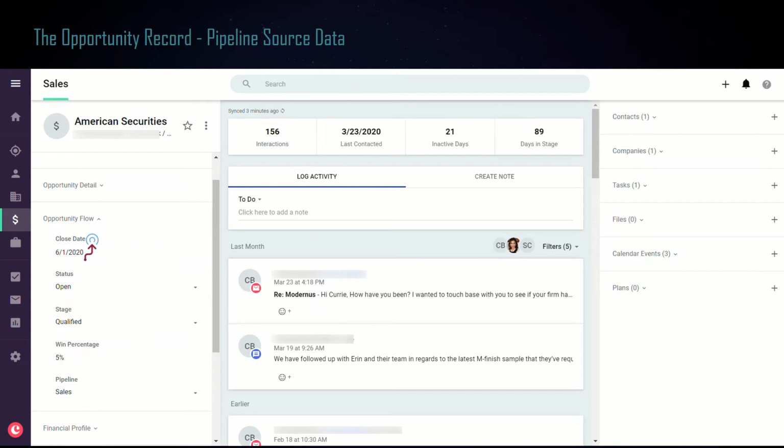It can get very individualistic in terms of the way that a company does that. But what's critical is that the status means something, and it's not just the difference between open or closed. And this gets into the stage. The stage can be the fine-tuning, the sub-level that is dictating where is the process, so to speak, milestone or marker